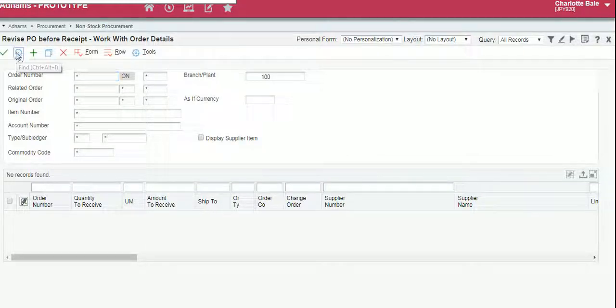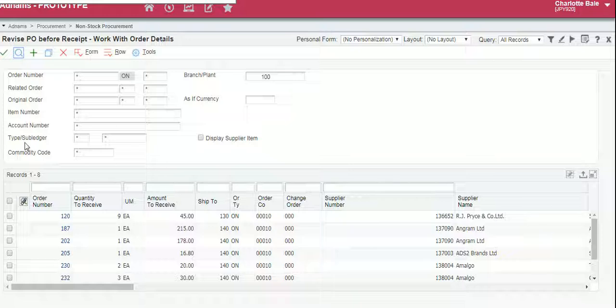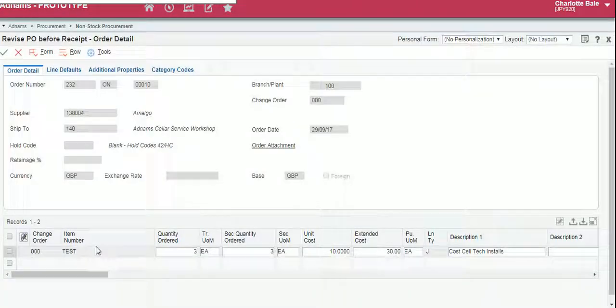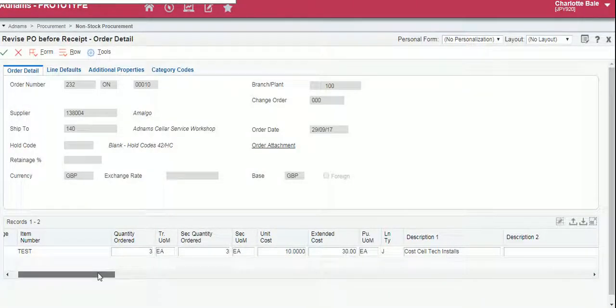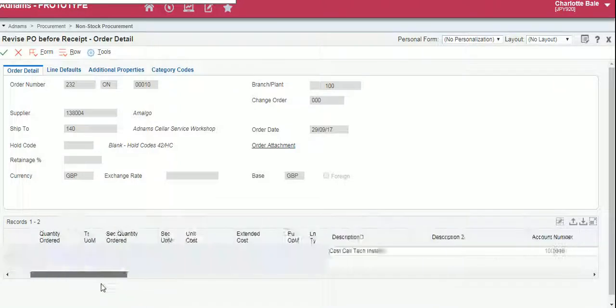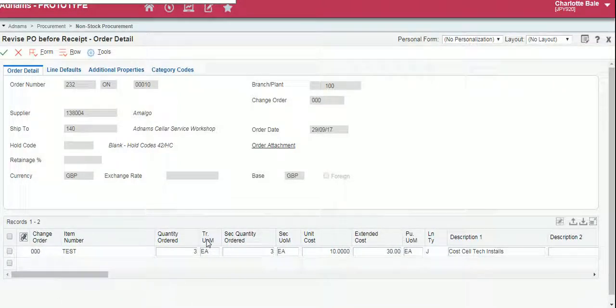But to bring up all of the purchase orders, you can click the magnifying glass there and bring them all up. So if I select this purchase order, click the green tick, and similar to before, we can make any type of amendments before receipting the purchase order. To say if we ordered 3, actually 5 turned up. We can make that change, click the green tick,